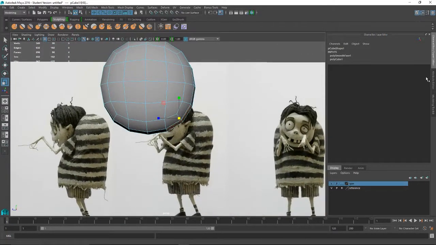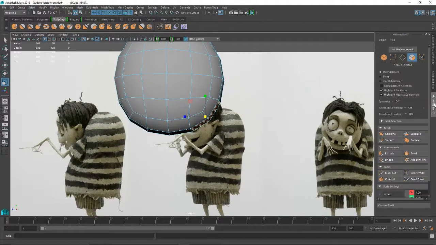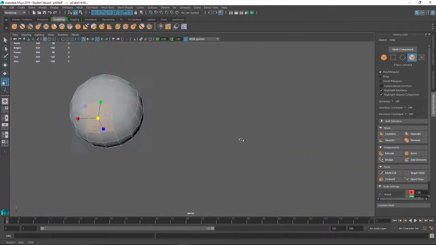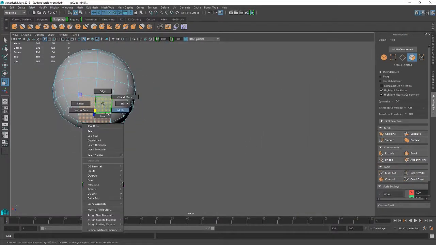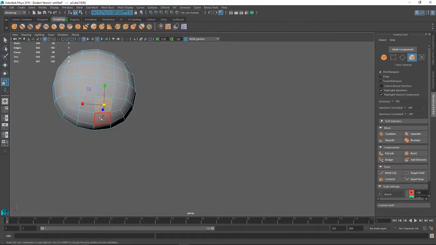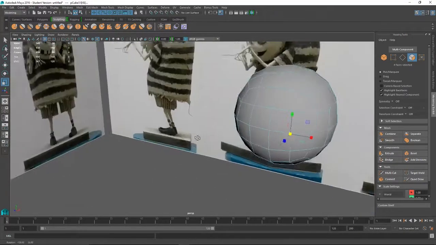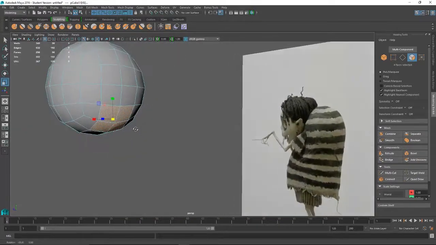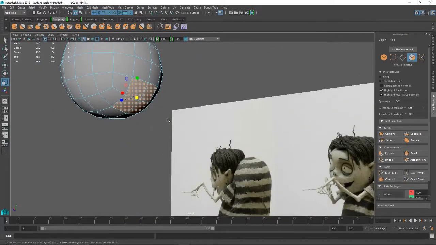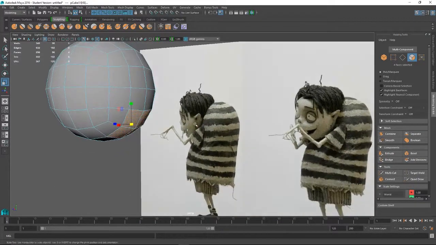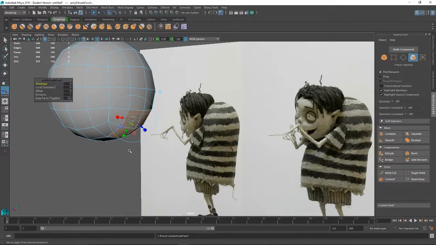So go back to your modeling toolkit on the right. With those faces, which I right mouse clicked and selected by face, when you do this in the window, make sure you don't accidentally select some faces somewhere else, because you can not notice that and then keep working and end up having to go backwards and lose a lot of work. So hit extrude in the toolkit. That's going to